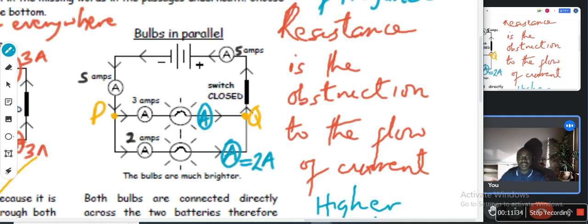Okay, go ahead and answer. What will be the value of the current here? 3 amps, because it's the same 3 amps that flowed into here that will get to here. So this will be 3 amps too. So 3 amps